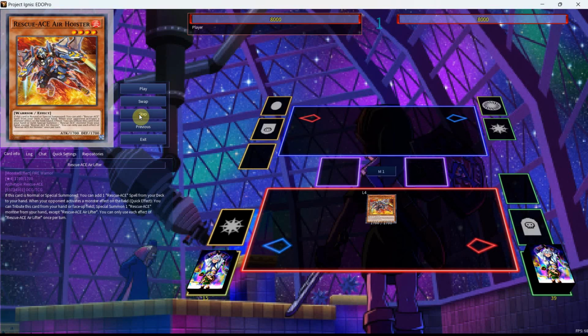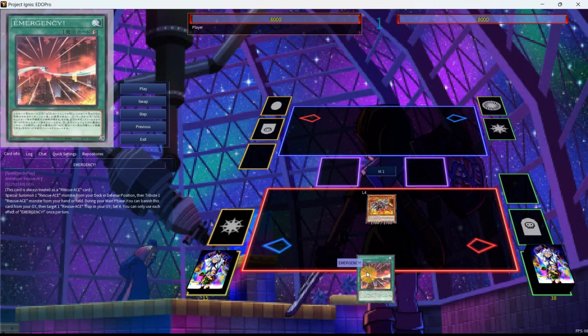We're going to start here with an Airlifter, and because of the first of two new cards that we'll be featuring here, we can use the Airlifter as a one-card combo, and we're going to add ourselves the Emergency, which is a quick play spell that reads, this card is always treated as a Rescue Ace card. Special summon one Rescue Ace monster from your deck in defense position, then tribute one Rescue Ace monster from your hand or field. So it is important to note that you do need that tribute in order to make this card go off. And during your main phase, you can banish this card from your graveyard, then target one